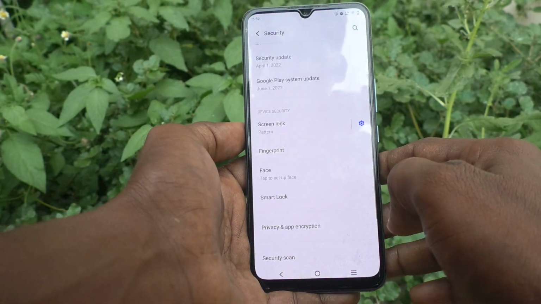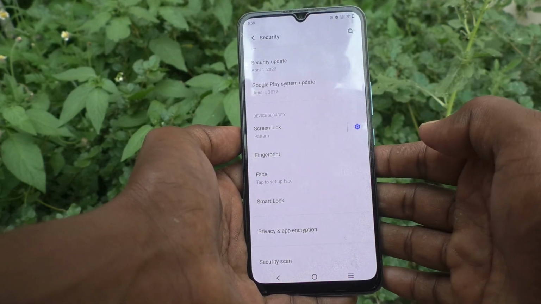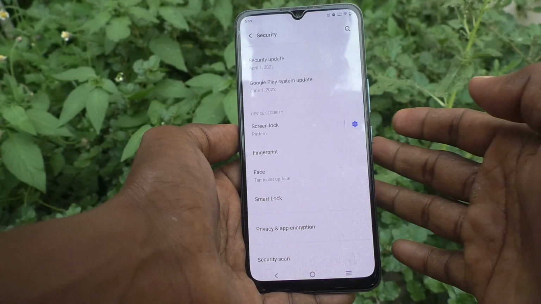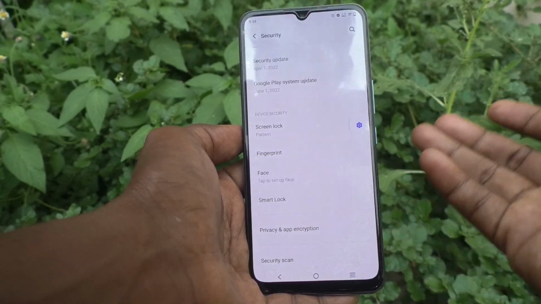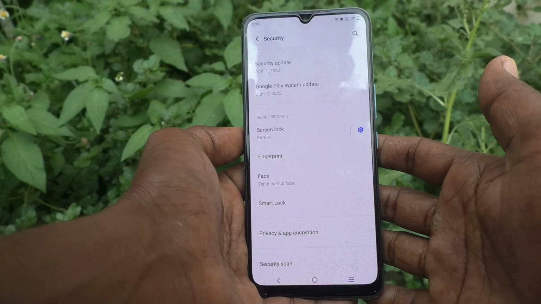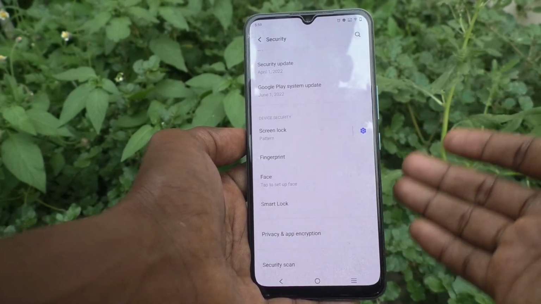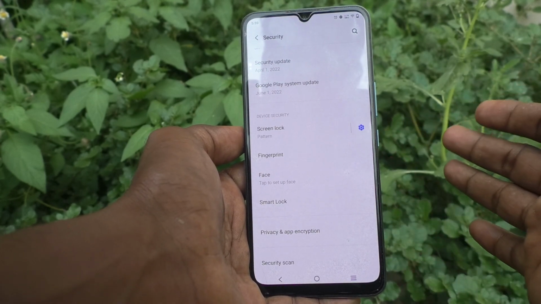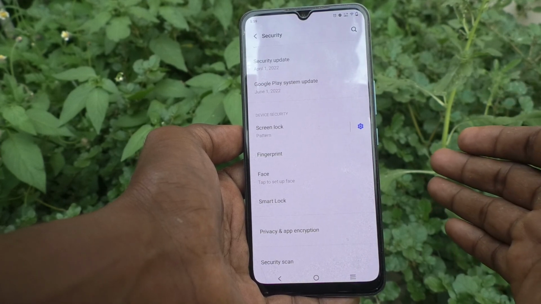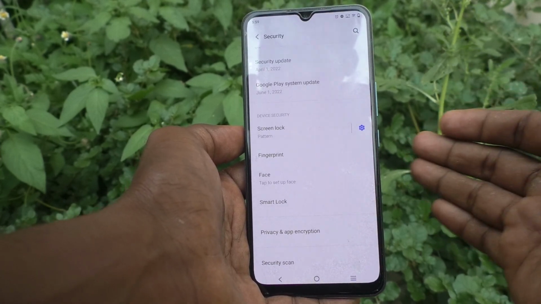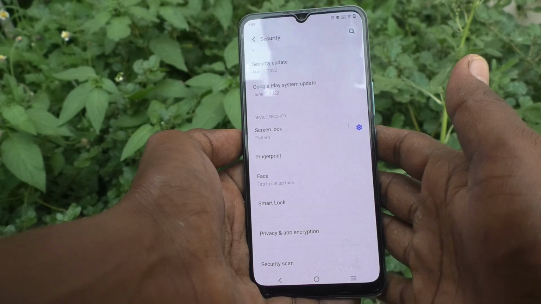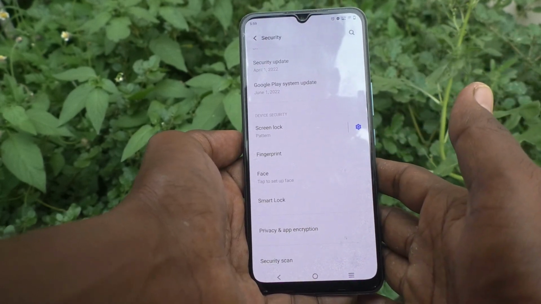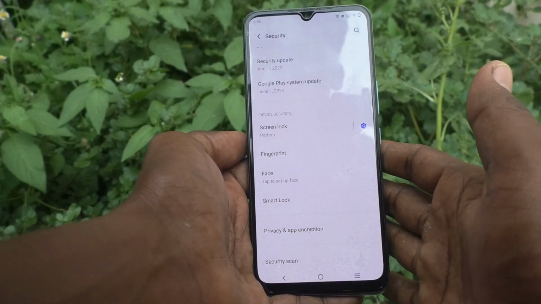Okay, you can change your pattern at any time, at any number of times. Whenever you want to change your pattern, just do it. Don't use the same pattern for long time. Frequently change your pattern so that no one can identify your pattern, and you can keep your phone with you